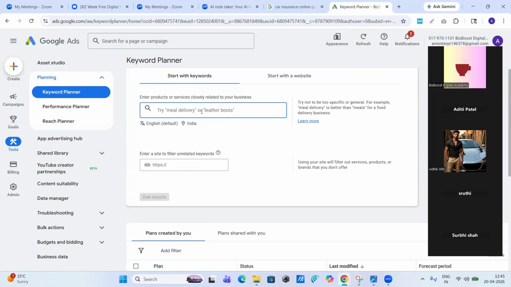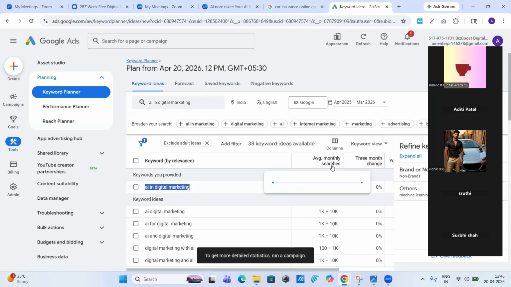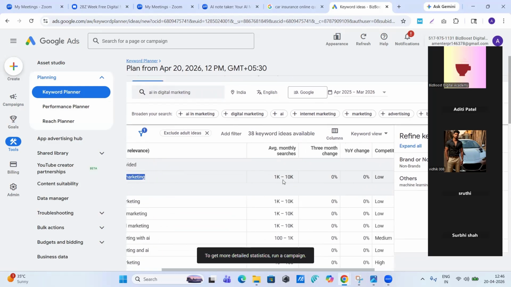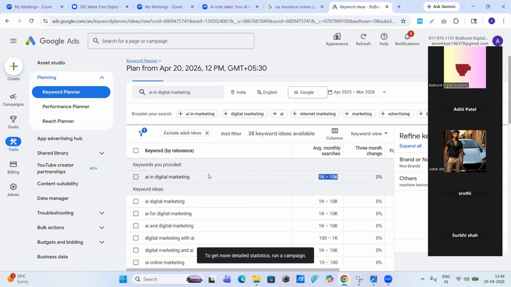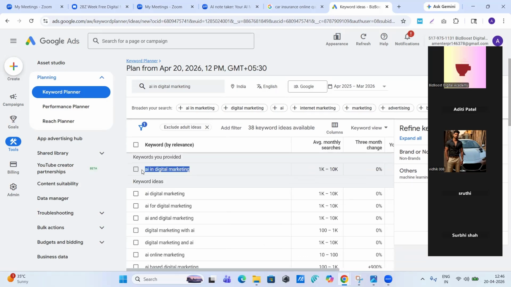I'll be providing you a few seed keywords so you can start with that. Suppose I write AI in digital marketing. You will get a set of keywords here, like AI in digital marketing, as you are seeing. This has a monthly search volume of 1K to 10K. So these many users are searching for this keyword. The competition is also low. So what you need to do is take that keyword,